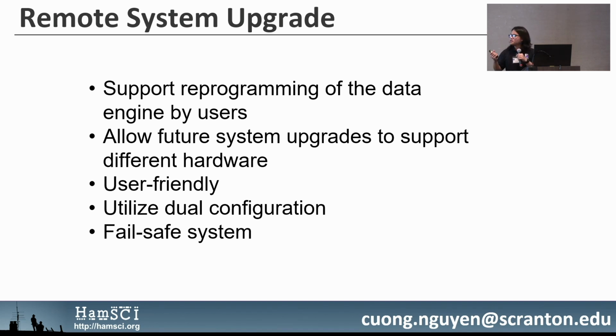So this helps the Tangerine become very modular. Say in the future we want to replace the receiver with something else. We can simply reprogram the FPGA to support that hardware without having to call back all of those systems and reprogram them ourselves. And another advantage is that when we develop the FPGA, we have to go through this